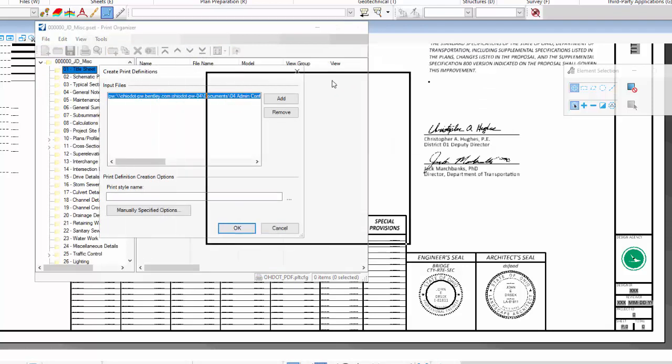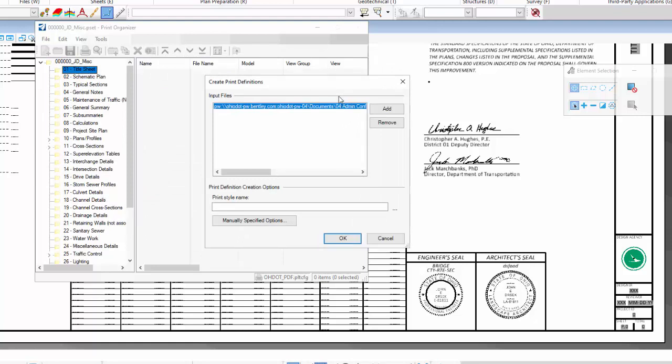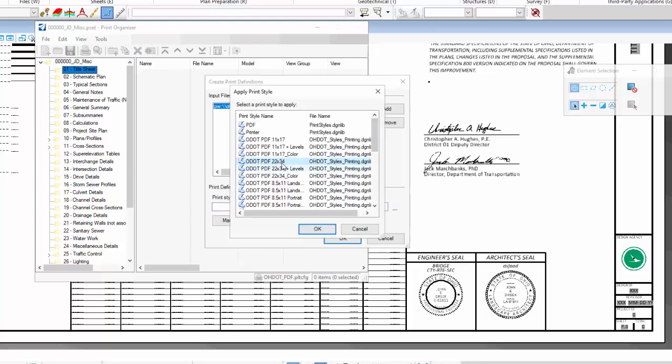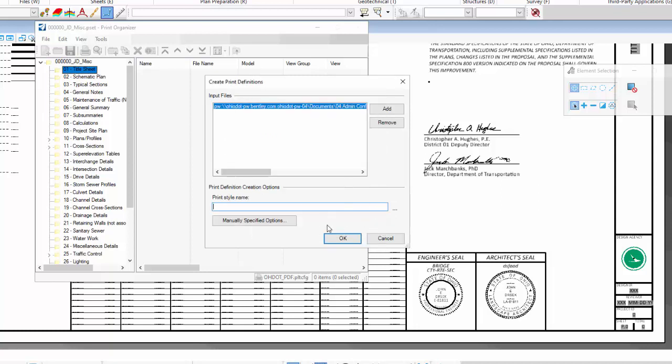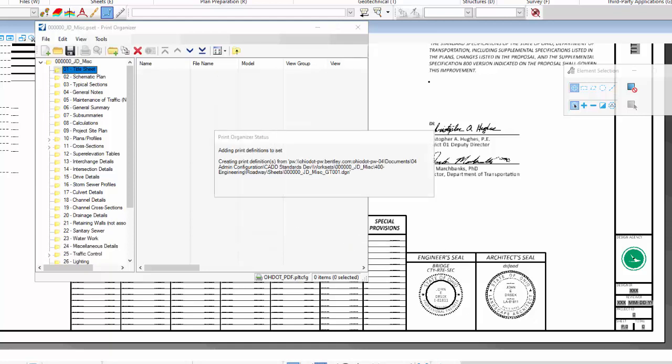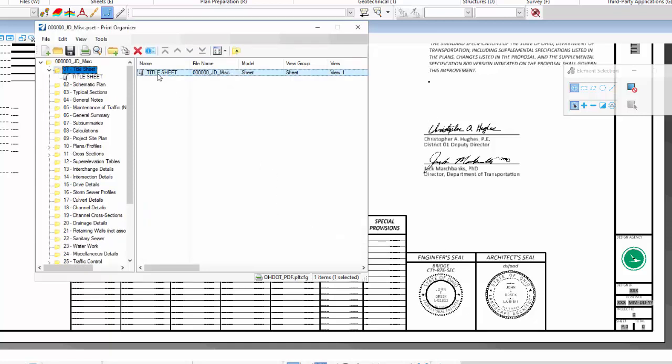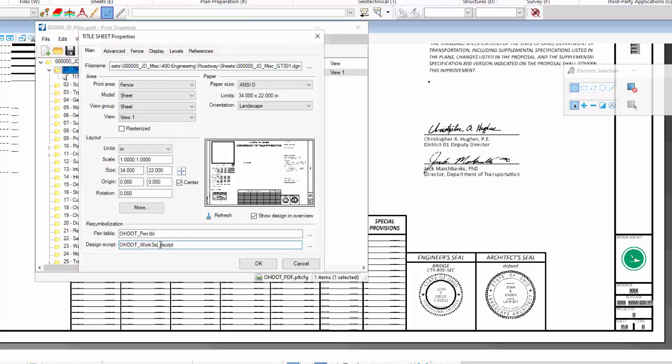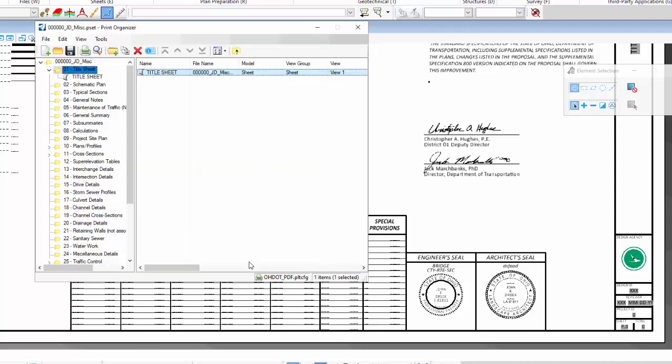Now, a lot of this is defined in the print style, but we already have a default print style, so you don't technically have to choose anything here. You could come here and choose this default that's highlighted, but again, since it's already defaulted, it'll be applied automatically. So it found that sheet in the dgen file and added it here. If I click over to the properties, you'll see that the design script is populated. So now if I go and do a print,